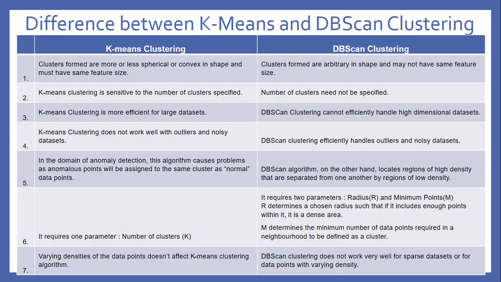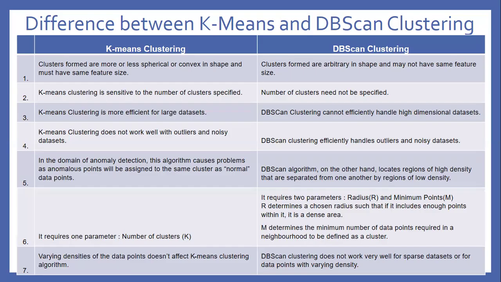K-means clustering does not work well with outlier and noisy datasets. DBSCAN clustering efficiently handles outliers and noisy datasets. K-means clustering in the domain of anomaly detection causes problems, as anomalous points will be assigned to the same cluster as normal data points. The DBSCAN algorithm, on the other hand, locates regions of high density that are separated from one another by regions